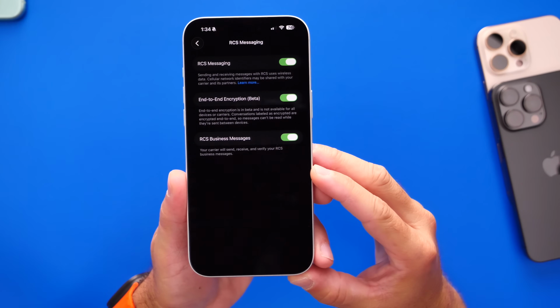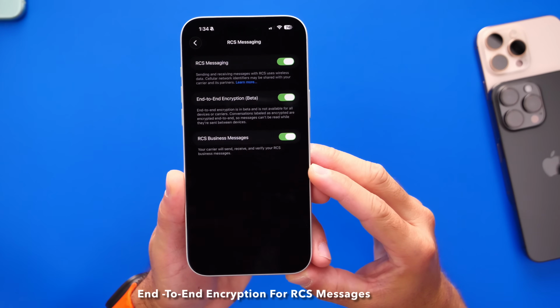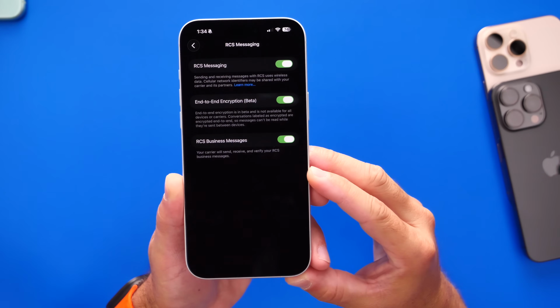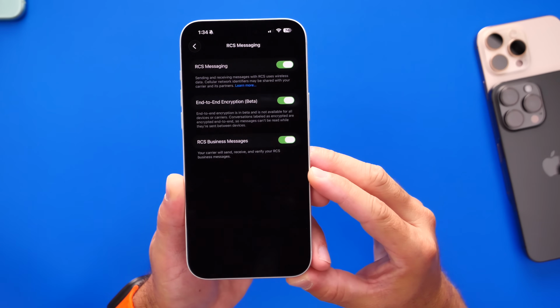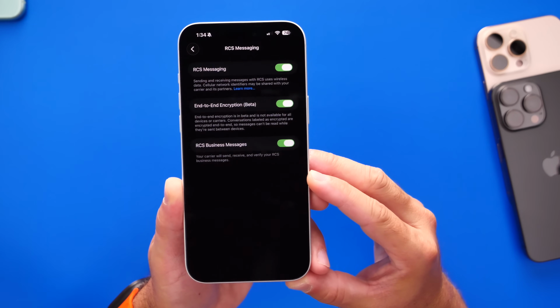Now, this new update enables end-to-end encryption for RCS messages on iPhone. When you message someone with an Android device, for example, your messages will now be encrypted end-to-end, so no one can intercept your messages and read them. So you now have the same privacy and security layers as iMessage